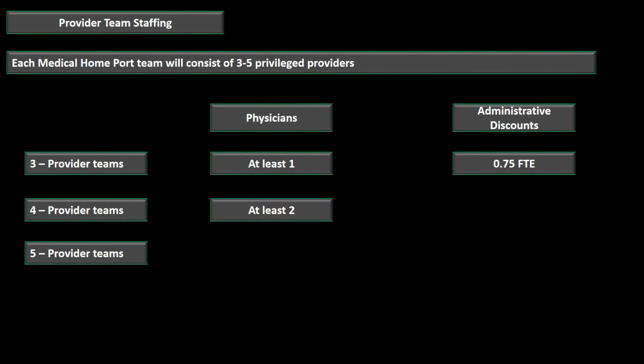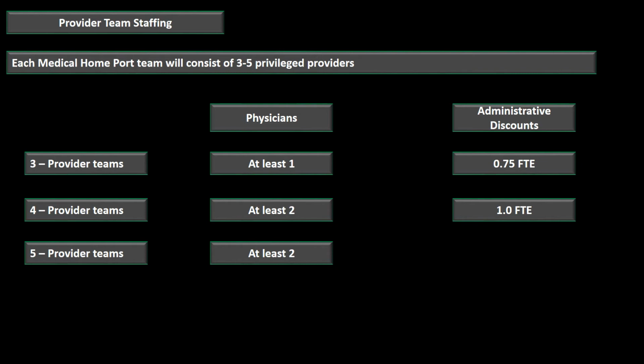Okay, a 4 provider team has at least 2 physicians, and they get a 1.0 full-time equivalent. Remember, a full-time equivalent employee was 36 bookable hours. So between the 4 providers, they have 36 hours they can spend on administrative tasks. Then your 5 provider team still has at least 2 physicians, and they get 1.25 full-time equivalents of administrative discount. So that would be 45 hours a week between the 5 providers that they can spend on administrative duty,